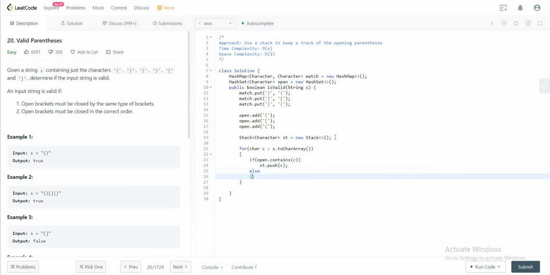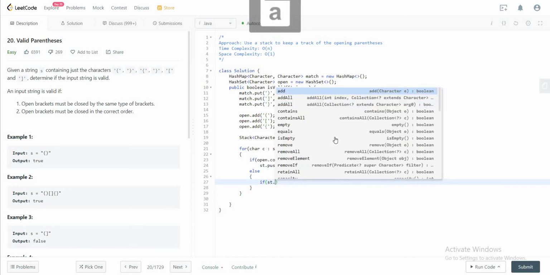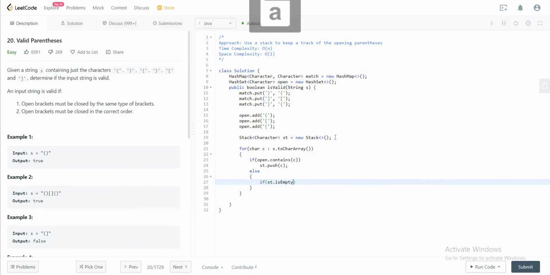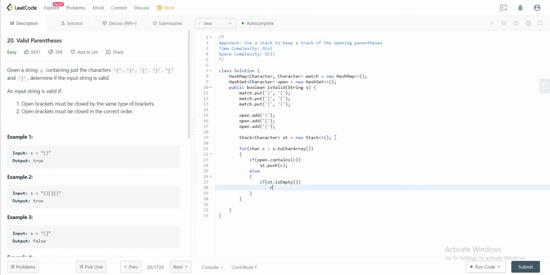If not, we know that it is a closing parenthesis, and with the closing parenthesis, what are you going to do? You're going to check if the open parenthesis was actually seen in the stack before. But before that, you want to check if the stack is empty or not. If it is empty, you know there's no match for that, so you would automatically return false. If the stack is not empty, you will check